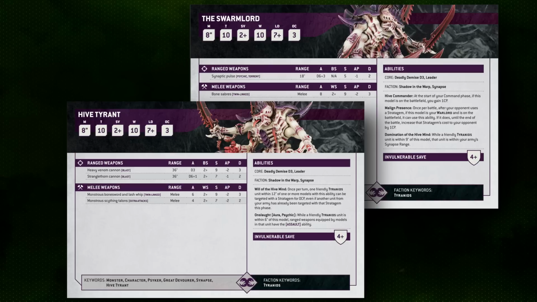The Swarm Lord not only makes your opponent's stratagems worse, but also grants you a command point for free every single one of your command phases, and the Hive Tyrant gets you 2 free stratagems. Again, just like Gilliman, 1 in your turn and 1 in your opponent's turn. That's a potential savings of 5 command points a turn